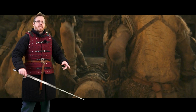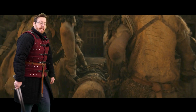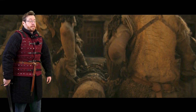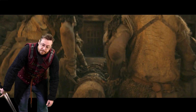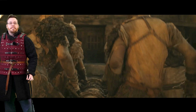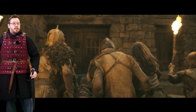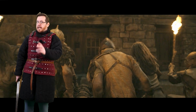The orcs are taking the battering ram to the thing. You can batter down that flimsy door at any time. In actual fact, we find out it's not a very flimsy door. It takes them all night to batter this thing down a bit later. Gosh, that's stupid. But okay, we will forget about the archers shooting at us, and we'll take the battering ram to the door. And I know some of the orcs try and go after some of the archers, discount Legolas in particular,